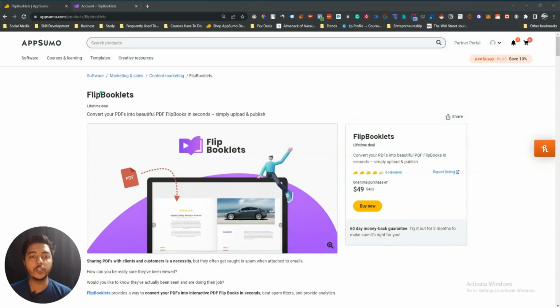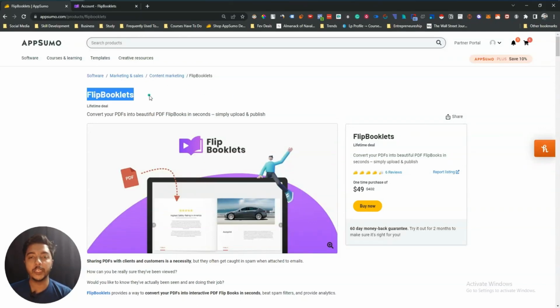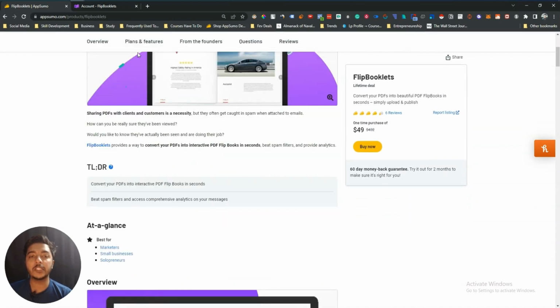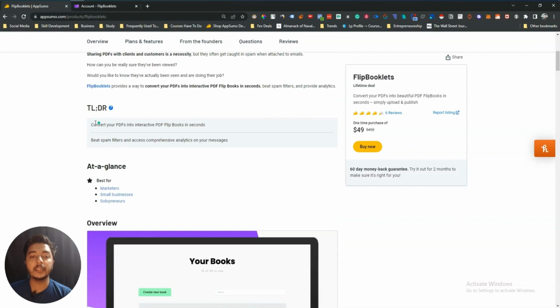In this video, I am going to review Flipbooklet. It's a content marketing tool and you can convert your PDF into a beautiful PDF flipbook by using this Flipbooklet tool. As you can see, they are saying that you can convert PDFs into interactive PDF flipbooks in seconds by using